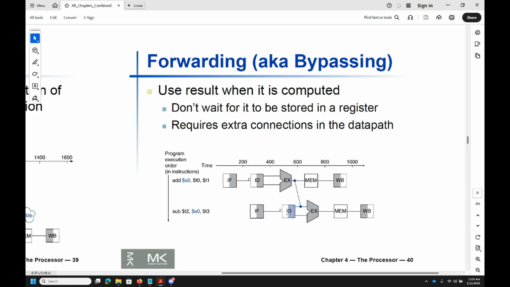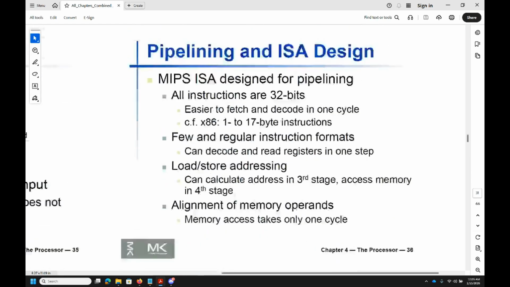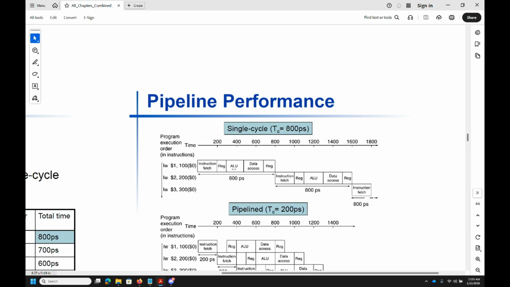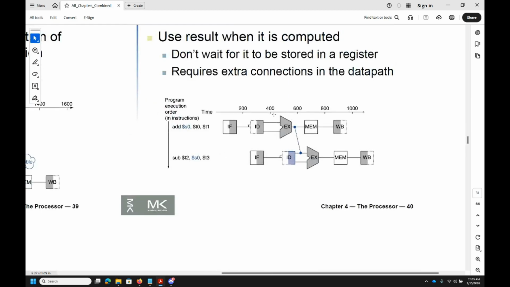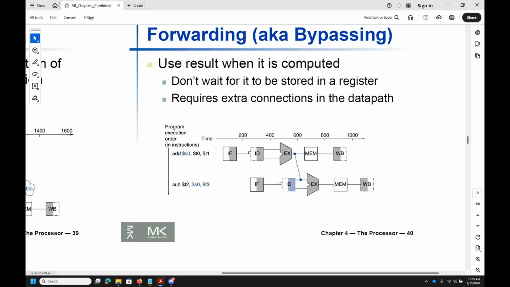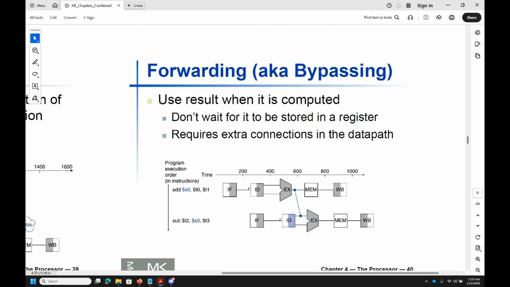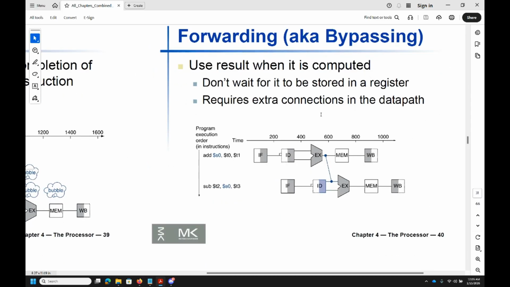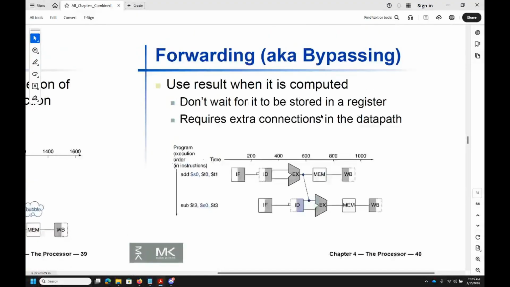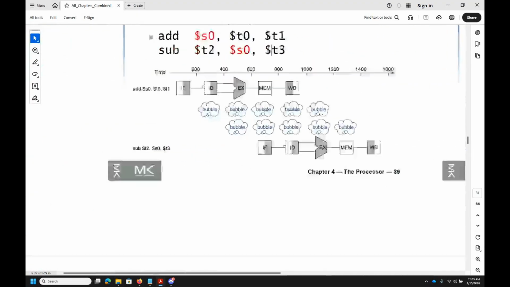Compilers try to do this wherever they can, but the forwarding solution is this: you have instruction fetch, instruction decode, compute, then write back and store it in the register. Instead of that, as soon as you calculate the value in the execute stage, you forward it to the next part, like immediate forwarding. You don't wait for it to be stored in the register or written to memory. This saves you from such hazards to an extent, at the cost of increasing the complexity of your hardware.